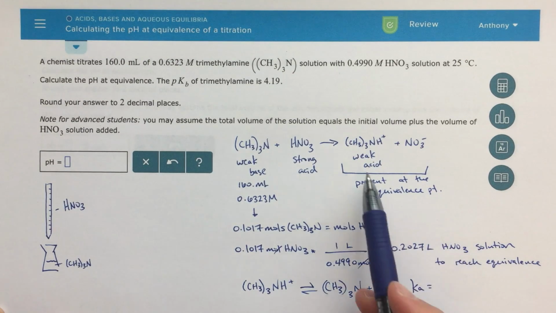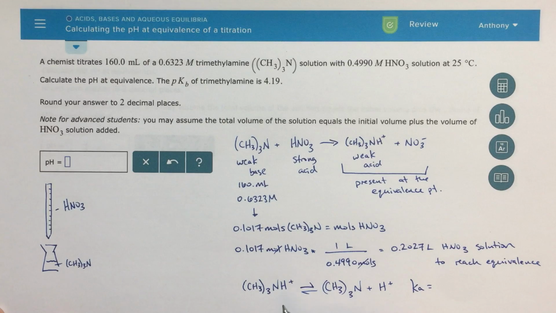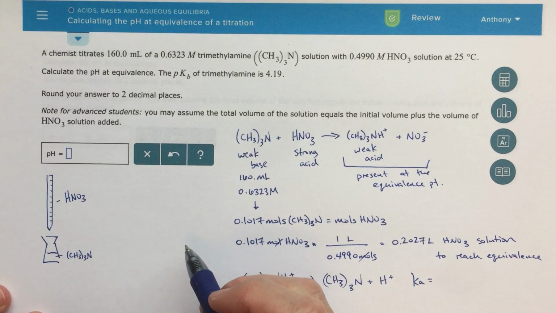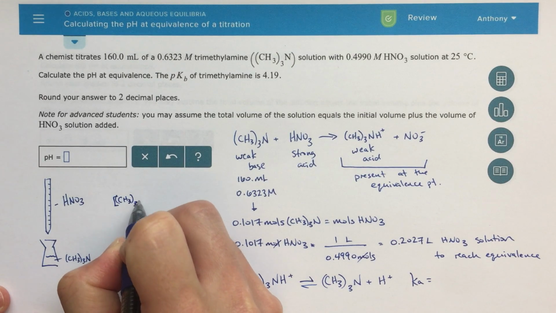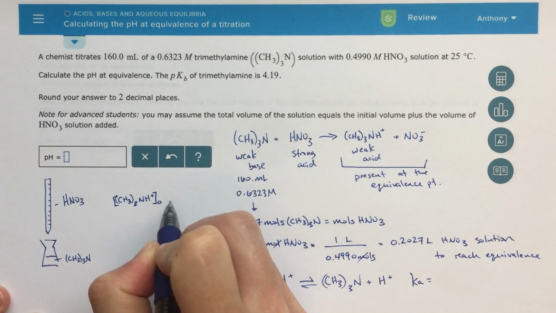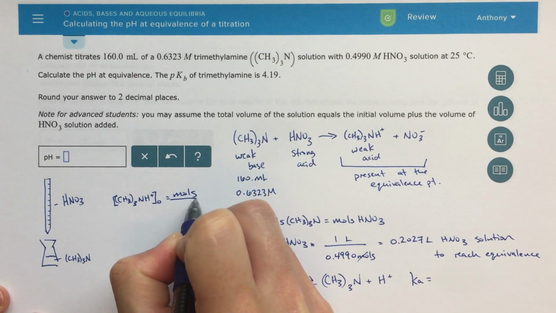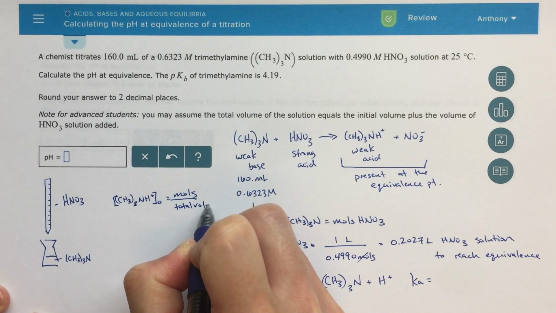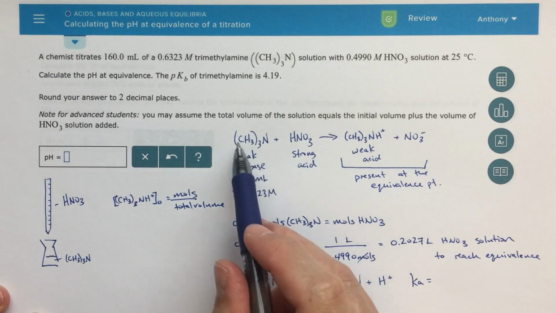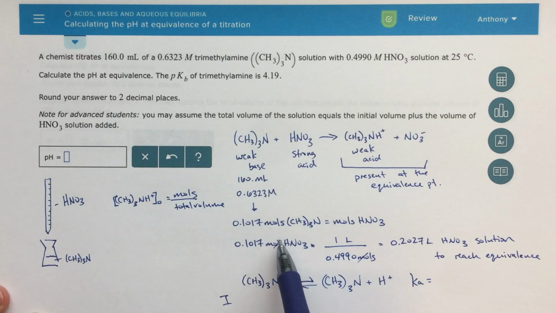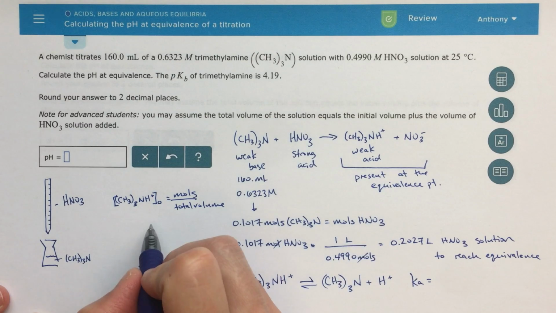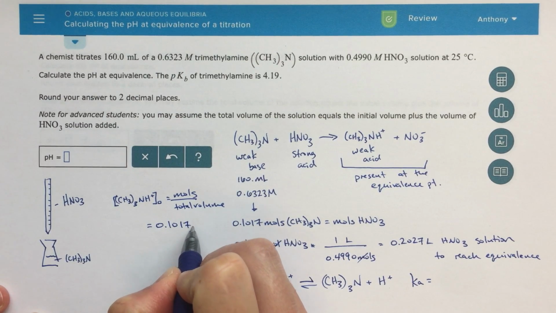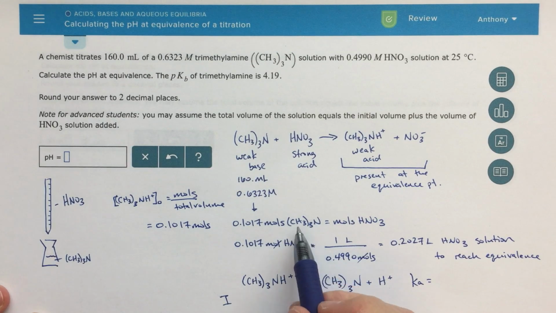But first I want to talk about taking this information and figuring out what our initial concentration is going to be here for our ICE table. We can probably fit it in right over here. So for my initial concentration of CH3NH3+, I'm going to need my moles divided by the total volume. Now the moles is pretty easy because it should be a 1-to-1 ratio. This is my moles of weak base. I'm going to react with the same number of moles of strong acid, 1-to-1-to-1. I should end up with this same number of moles. So the moles is going to be 0.1017 moles